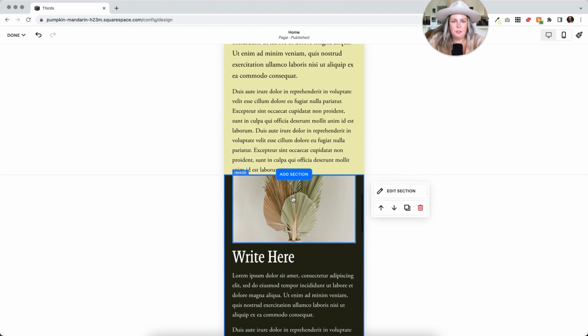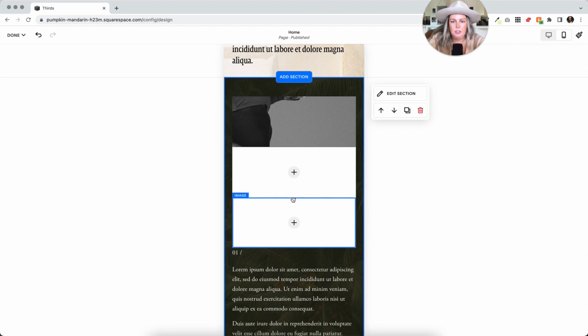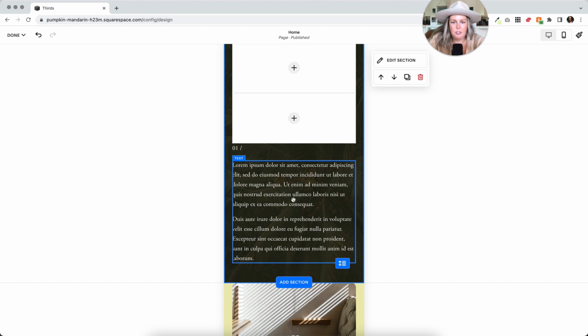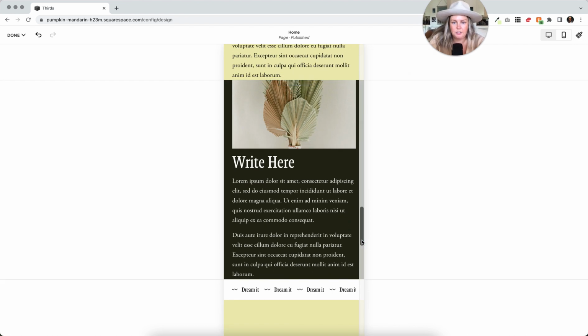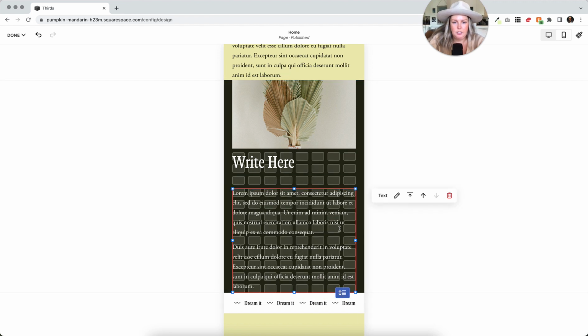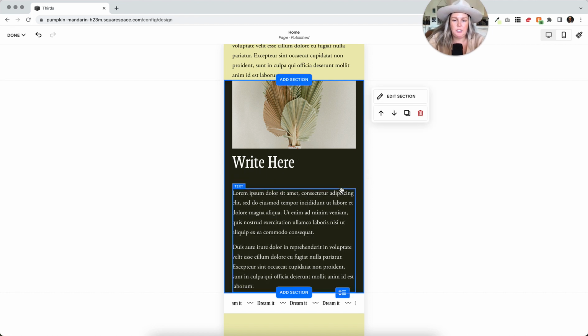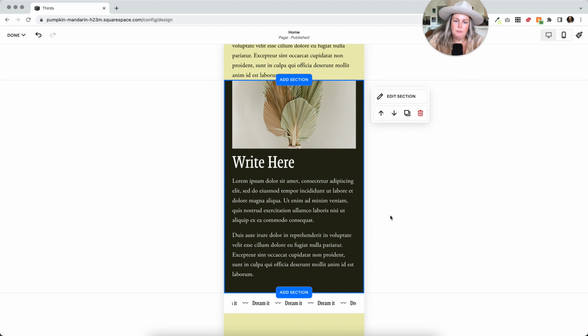Because we can see already, I haven't touched this mobile version, but we can already see that there's no spacing at the top and the bottom, which I feel like some people might not really notice. There definitely needs to be more spacing here. Basically, I think it's really good that we can edit the mobile version, but at the same time, it's going to be the opposite problem for non-designers,